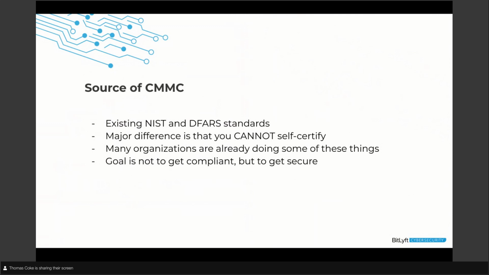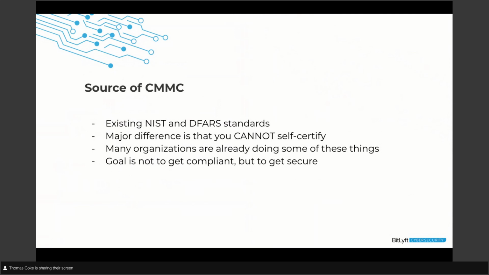Will there be a budgetary spend? In a lot of cases, yes, there will be. That being said, there are some rumors that the Department of Defense will help with some of that budgetary requirement. So if there are things that you need to get compliant, if you've already got existing contracts or you're in the process of going after them, they don't want contractors to go out of business trying to be compliant. They want to make sure that those contractors still exist because it benefits them.